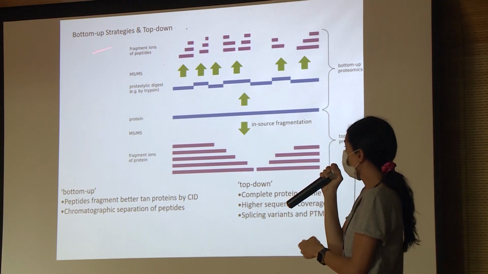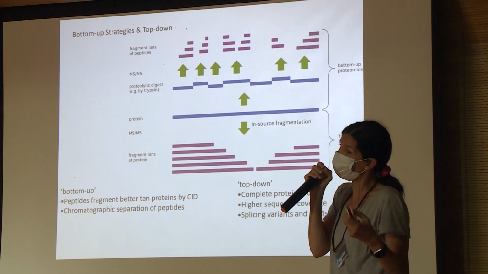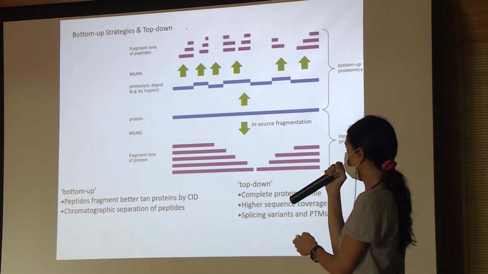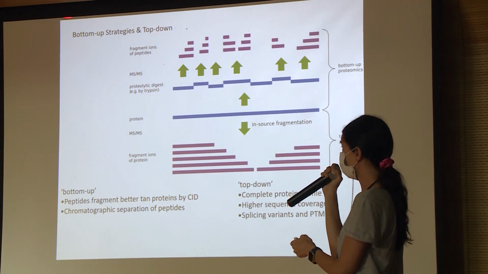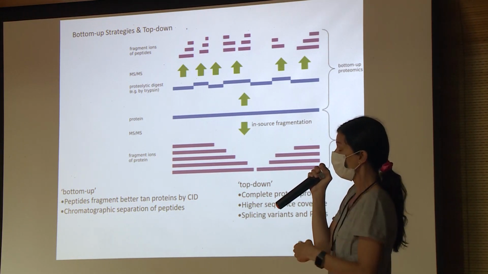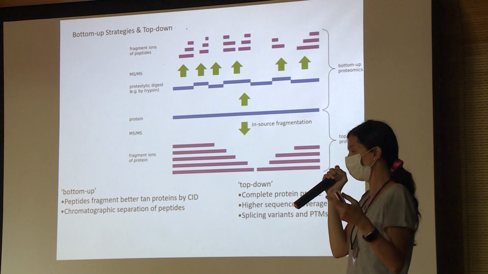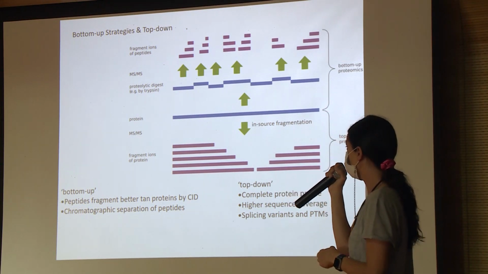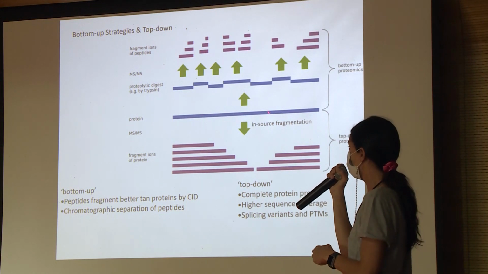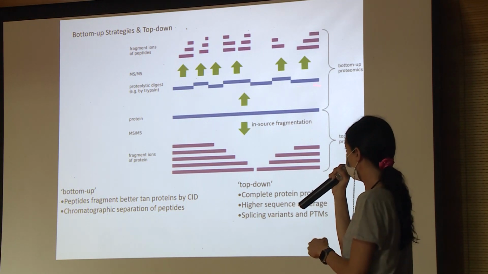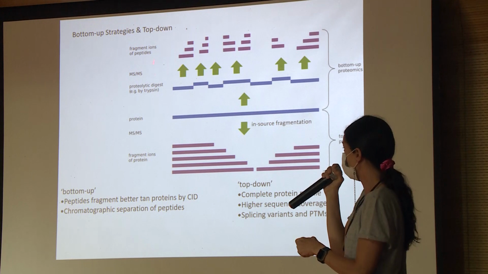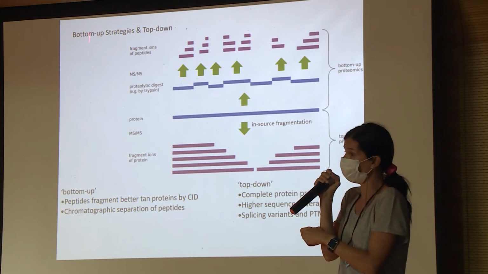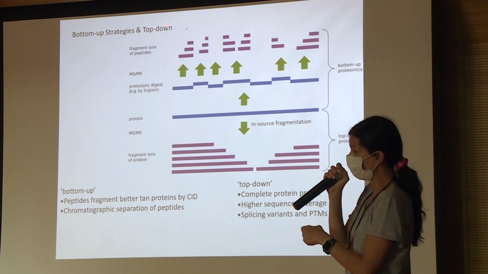Then this is another classification for proteomic experiments. We have bottom-up strategies and top-down strategies. Everything I've told you about so far and everything I will tell you about after this are bottom-up strategies, in which what we do is we have our protein, we digest the protein into peptides, and we do MSMS to fragment those peptides. And then we go from the bottom, from the small parts, to the top to identify the